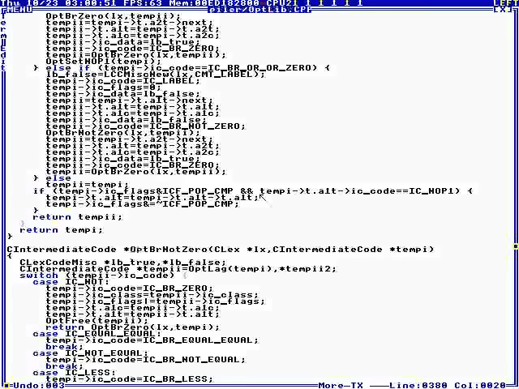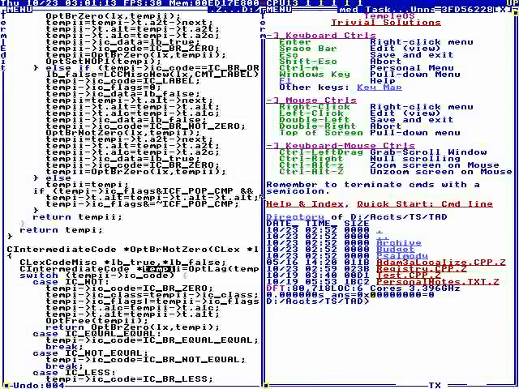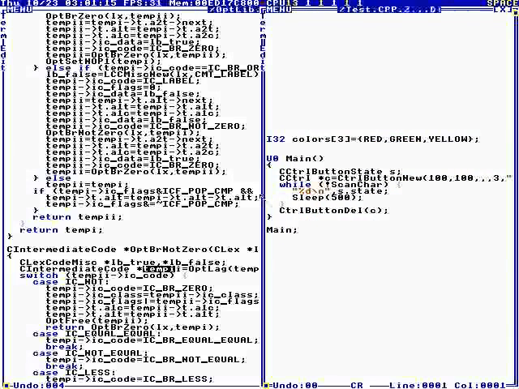What this does is when it hits a branch not zero, it checks the previous. Okay, so temp I is the current intermediate code. Temp II is the previous one. To see this in action, let's